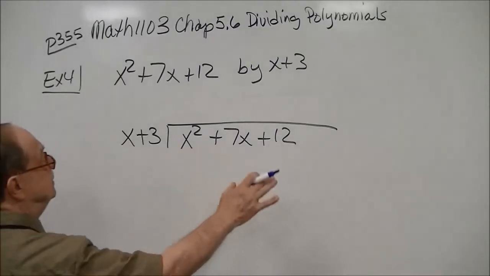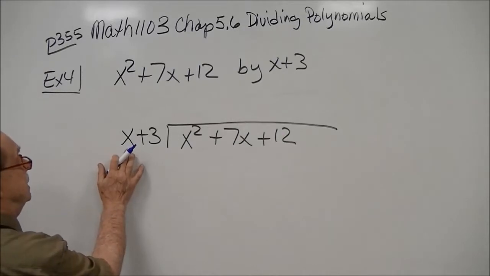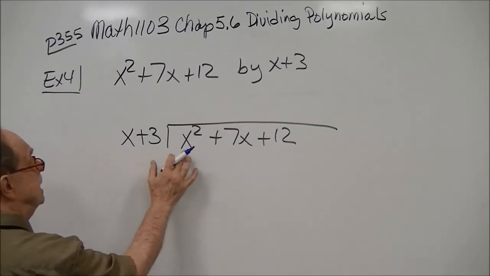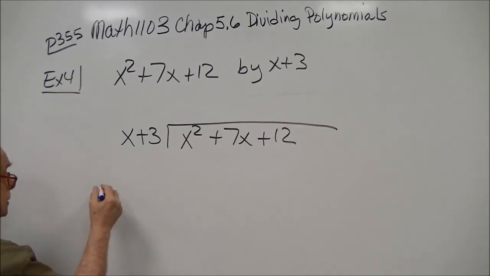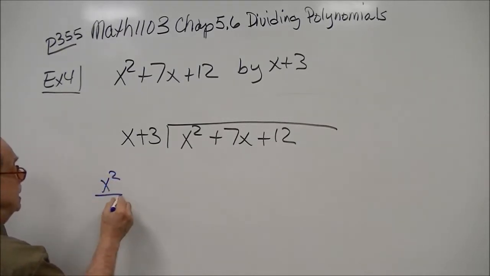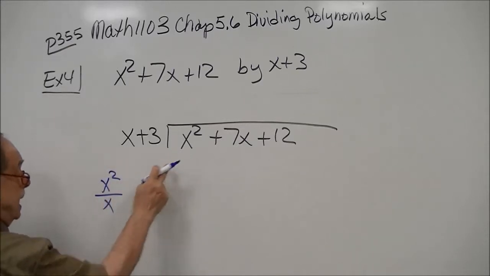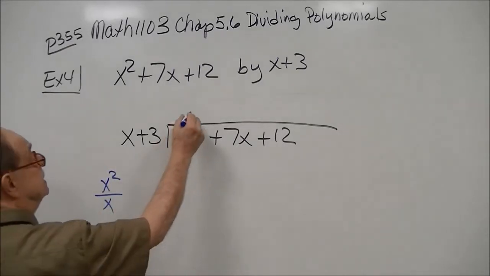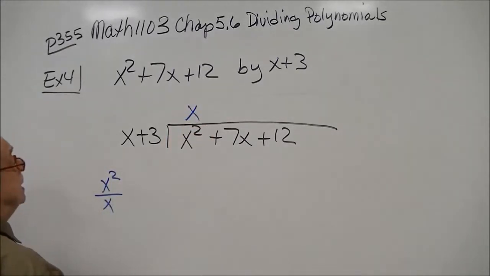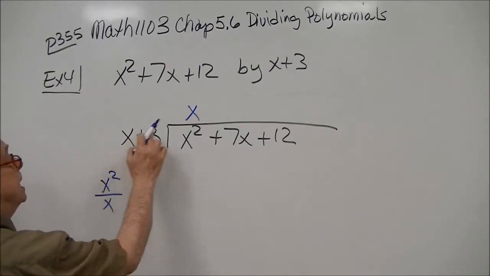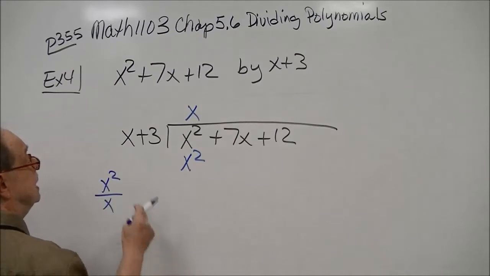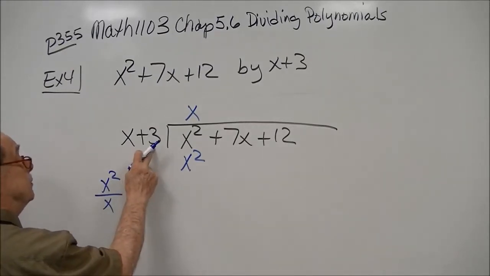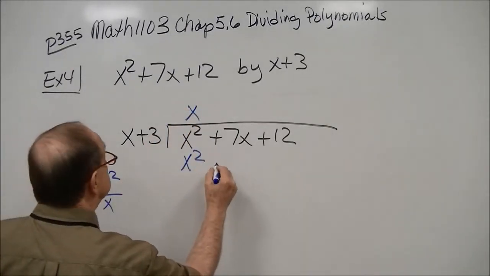Now the way long division works is we take this term, and see how many times will it go into that. And a shortcut I've shown students is x to the second divided by this x is what? And it's x. So now we go, x times x is x squared. Then we take the next term. 3 times x is